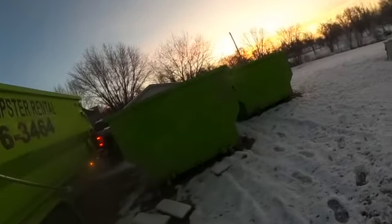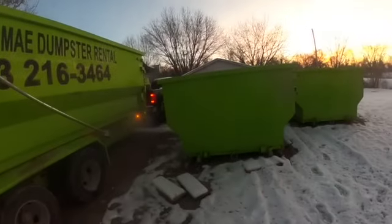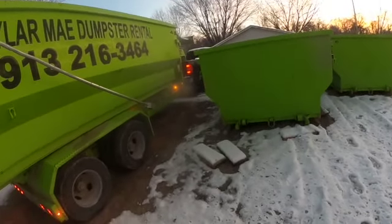So, look at the smoke coming out of the truck. It's warming up. From the diesel, you have to start. I'm gonna start the truck and really let it run for about 10-15 minutes before I actually take off,